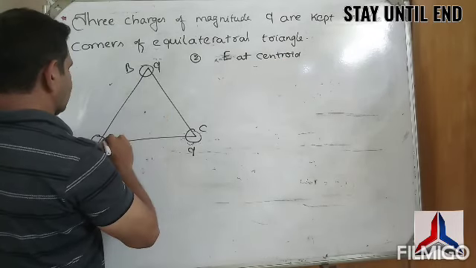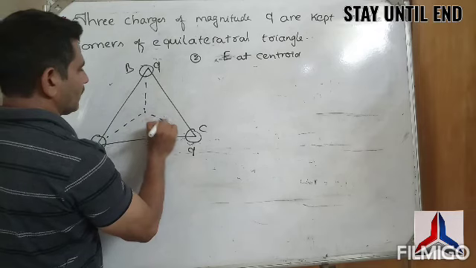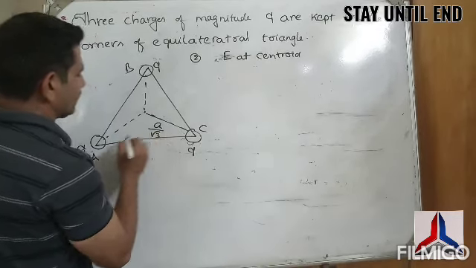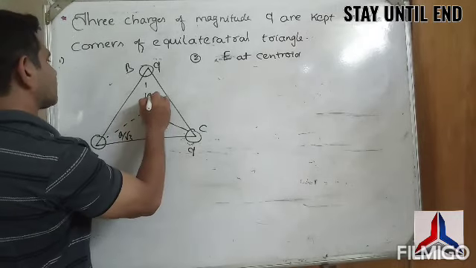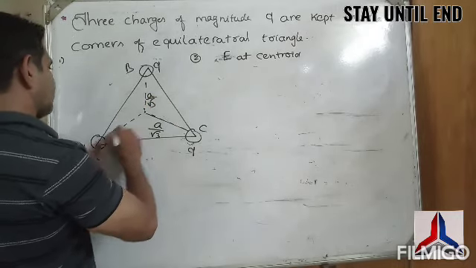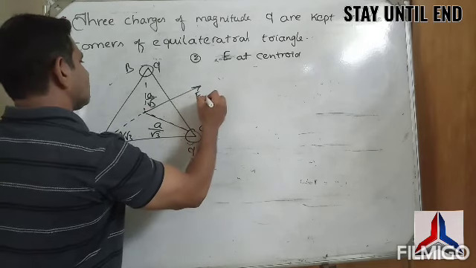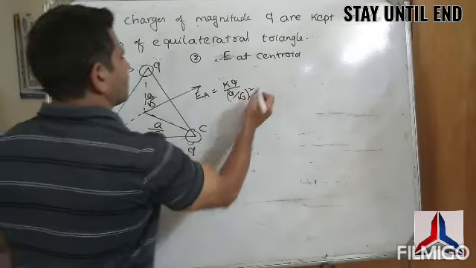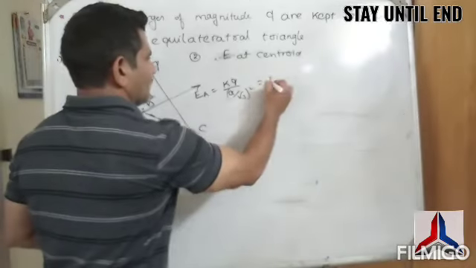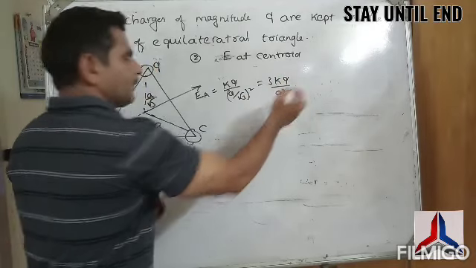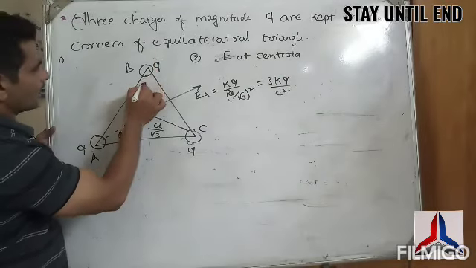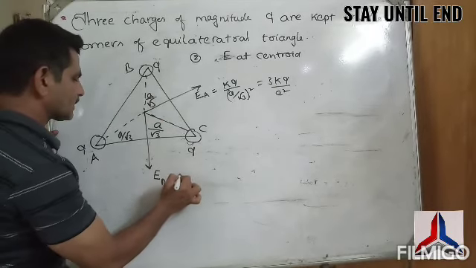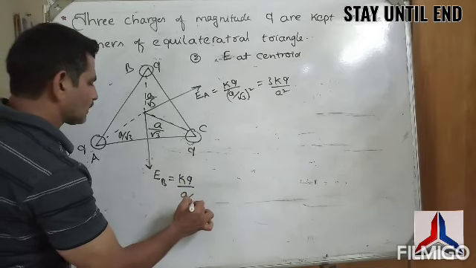So at this point, you are finding electric field intensity at this point. So this is the charge which is at the distance a by root 3, at a by root 3 distance. So charge and distance, electric field intensity EA in this direction, kq by (a by root 3) whole square. That means, what is the value? 3kq by a square. Understand? Similarly, this is the charge which is at a by root 3 distance, therefore it can produce electric field intensity kq by (a by root 3) whole square.